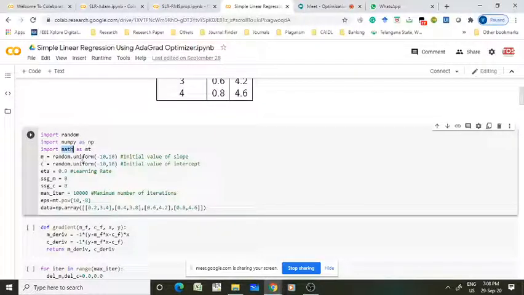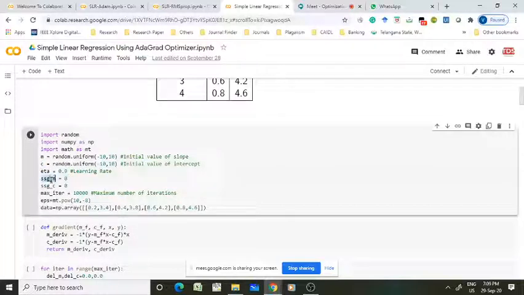Now m equals random.uniform(-10, 10) and c equals random.uniform(-10, 10). That means you are generating a random number between minus 10 and 10 and giving it to model parameter m and model parameter c as initial values. While doing our numerical calculation, I had chosen m equal to 1 and c equal to minus 1, but you have to do it randomly, that is what is done here. And I set the learning rate eta equal to 0.9.